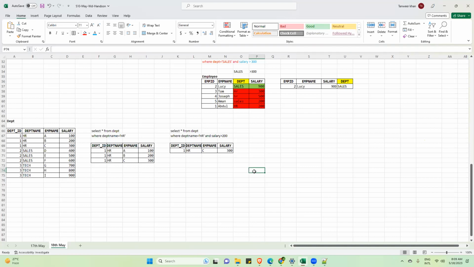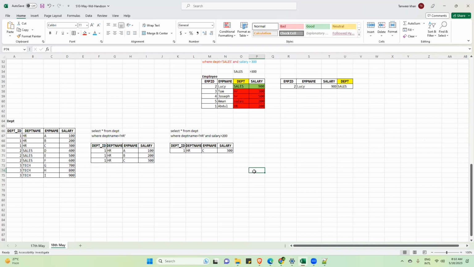First of all, understand the question. I'm repeating. My manager is telling Tanveer, I want to see the details of employees who are working in the HR department. Or if someone is not working in the HR department, that is fine, but their salary should be greater than 600. Is the question clear?